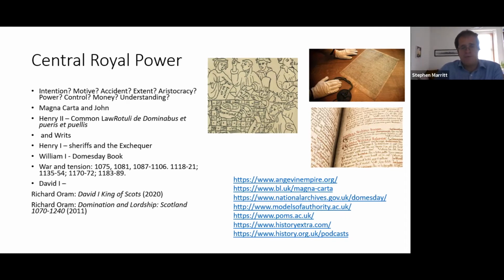So from one side, and traditionally, it looks like these kings are administrative geniuses, that they come up with these brilliant ideas, which then change the world they're living in. And there may be some truth to that, but historians, as I say, for the past 20 years have begun to look for why these things are produced and what they come out of. Domesday Book is a classic example.